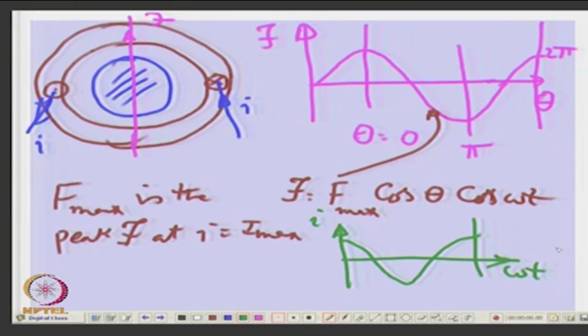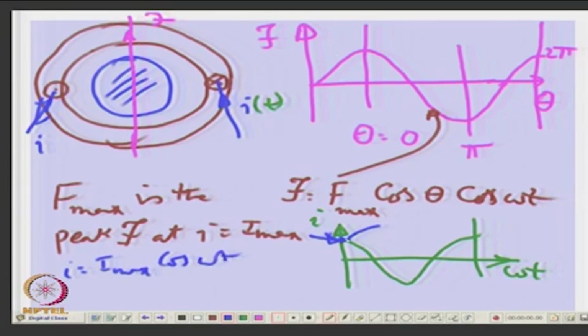Current is changing with time, sinusoidally varying, okay, with a peak value of I max. So, you can always say I equal to I max cos omega t,